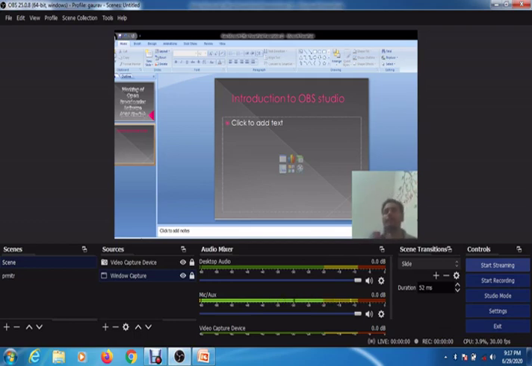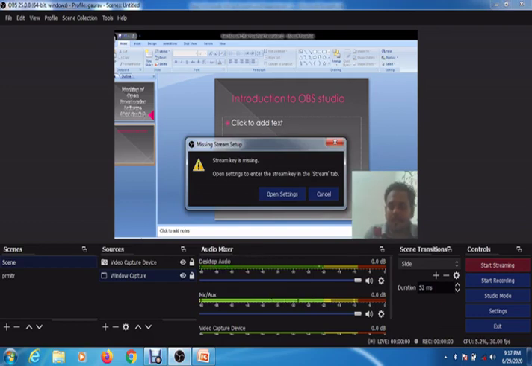As I told you in the prerequisite video, this OBS Studio is also used for streaming purposes. So you can record your video and you can stream it at the same time on YouTube, Facebook Live, and other live-specific services. So this is used for streaming. We just need to record a video.